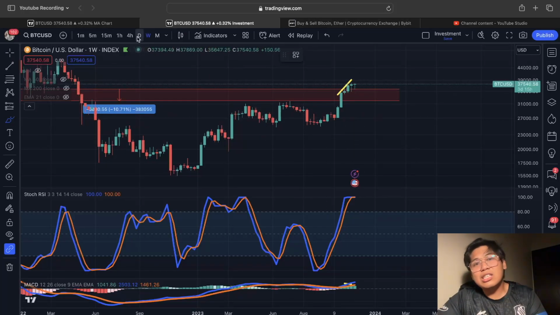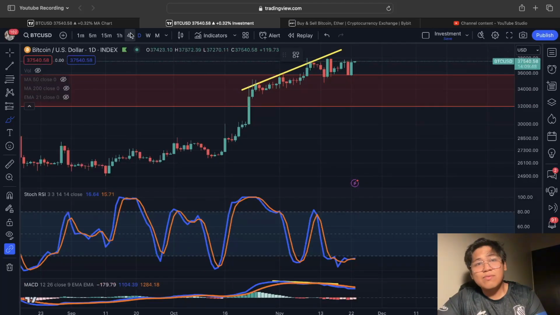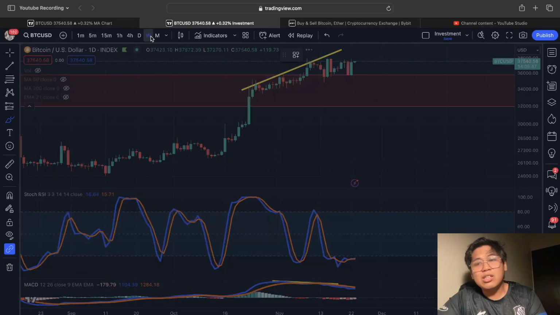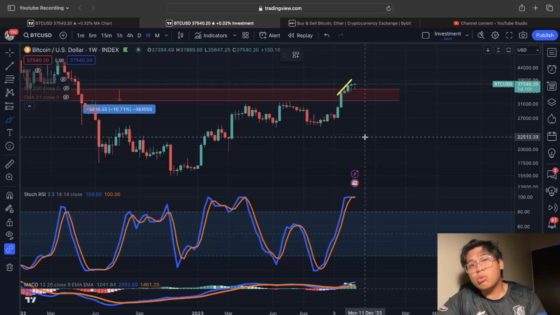It's just that hindi lang siya nag-play out kaagad kasi this is currently happening in the weekly time frame. So in the weekly time frame, this is going to take a lot of days and a lot of weeks for this to play out. Kasi unlike yung mga daily time frame,